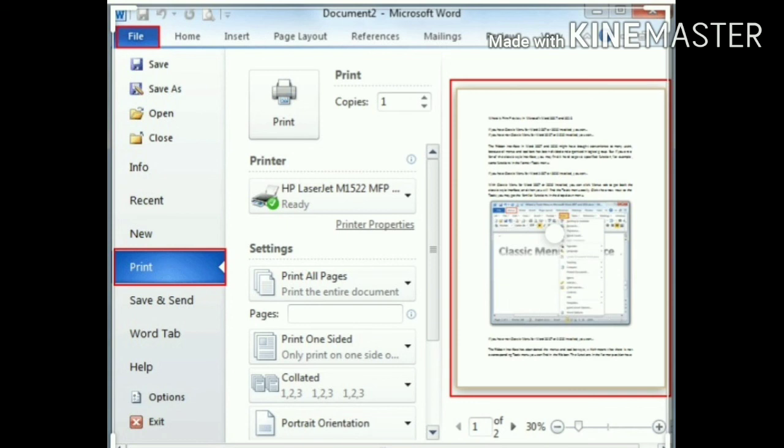Second, Print Selection only prints the selected content in the document. Third, Print Current Page. This prints only the page where the cursor is positioned. Fourth, Print Custom Range. Here you may enter specific pages like 1, 2, 3, 4, 9. You may also enter a range of pages using a hyphen like 4 to 9.